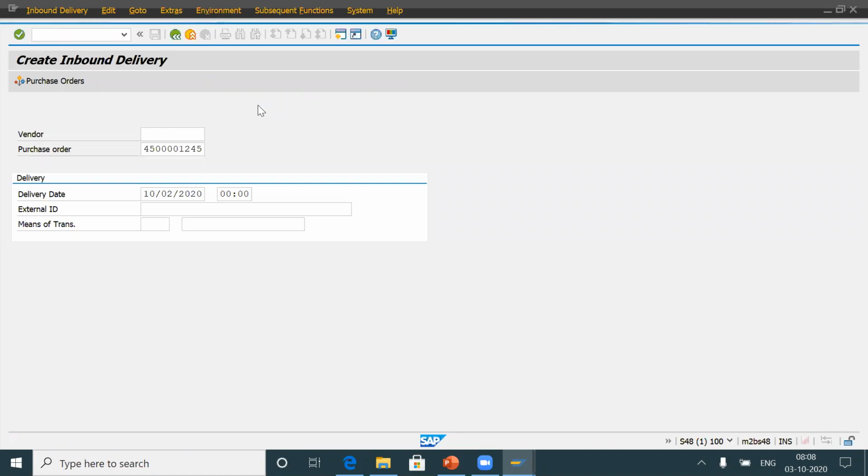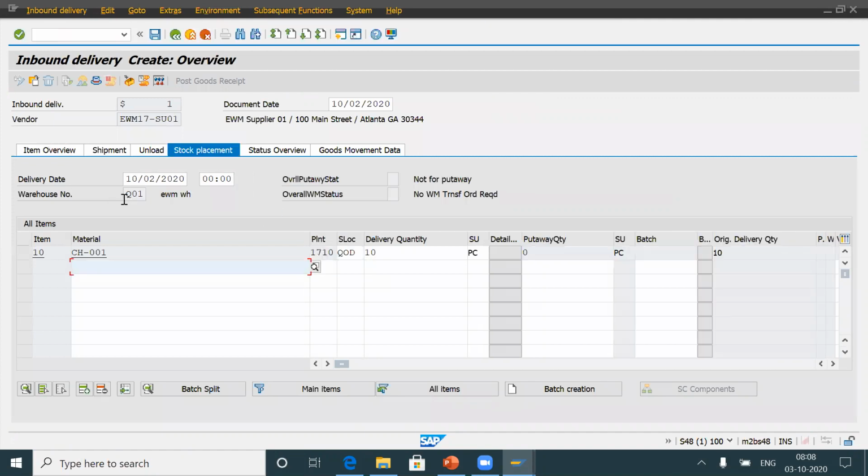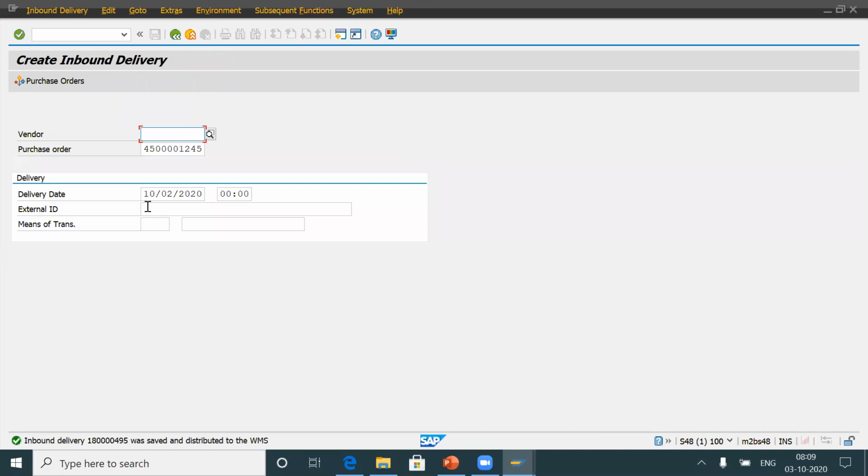Okay, in the inbound delivery, you can see this storage location is assigned to the warehouse Q01. So this Q01 is just a kind of intermediate between the ERP and the EWM. In EWM, this Q01 will be assigned to Q001. So 495 is,